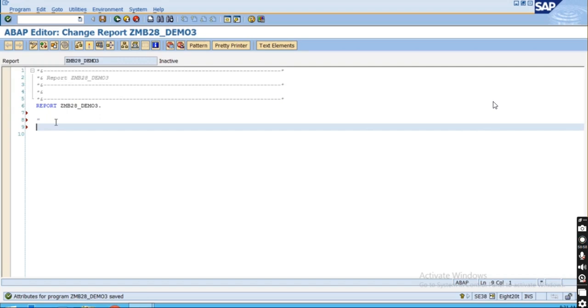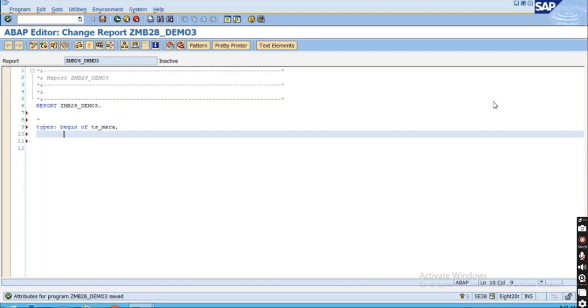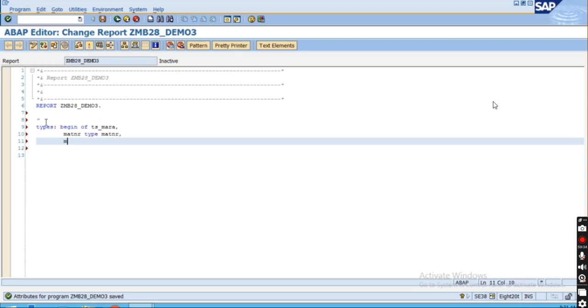We have already understood how to declare the data type, how to create the work area, right? So to create the work area, I'm just going to declare one local work area over here. To define the local work area, you will have to first create the local structure, as we have seen in our last class, right? So ts_mara, I'm going to fetch the data from the Mara table. Mara is the table for the material master. MATNR type MATNR. 3 fields I'm going to fetch from there. Okay, and